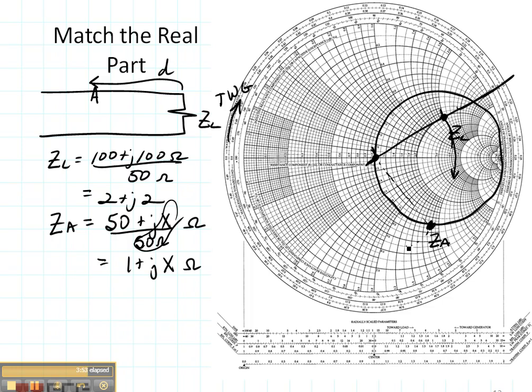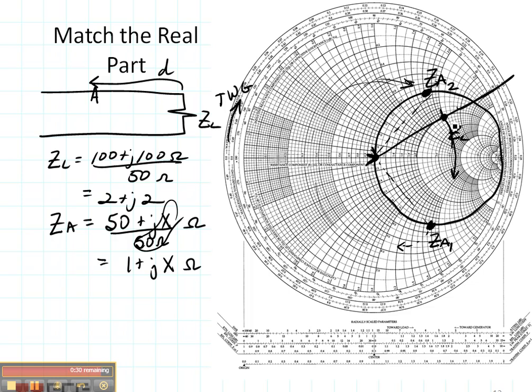Well, if I kept going around, there would be another point that would happen over here on the Smith chart, right about there. So I'm going to do the same thing. Again, take your piece of paper, put it at the center. I'm kind of going to sketch my paper so you can see it here. Right there is another possibility for ZA. So here's ZA1, that's the first one I would come to. Here's ZA2. Both of those will give me viable matching networks. They will give me different lengths of line and different distances, but both of them will work.